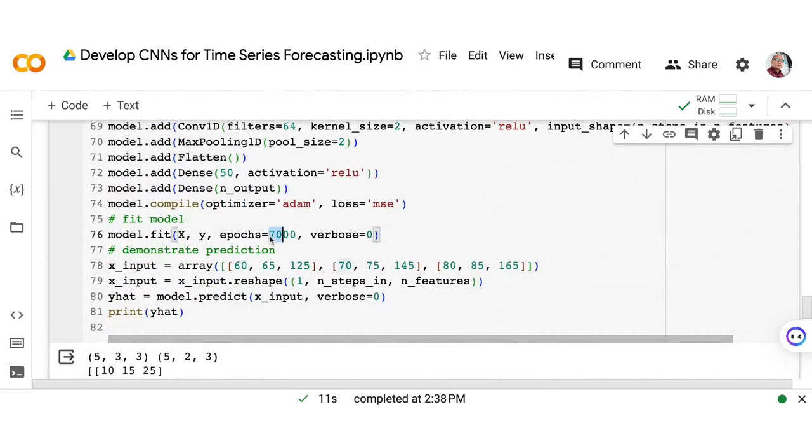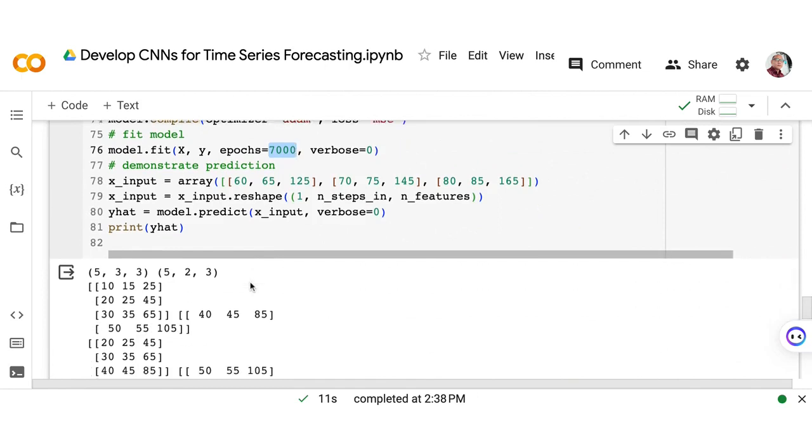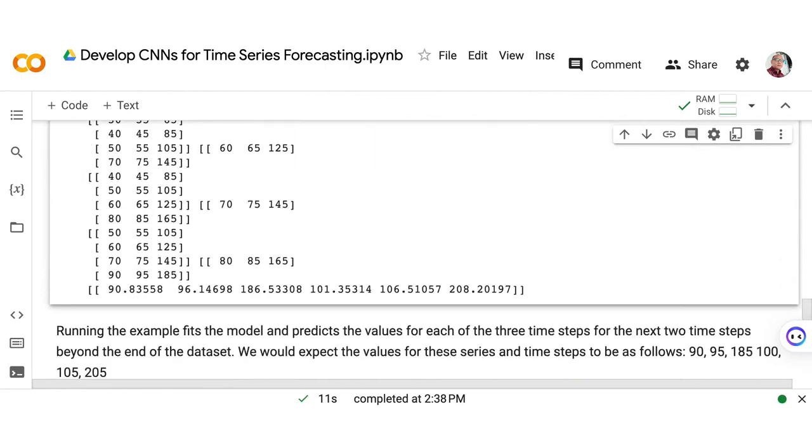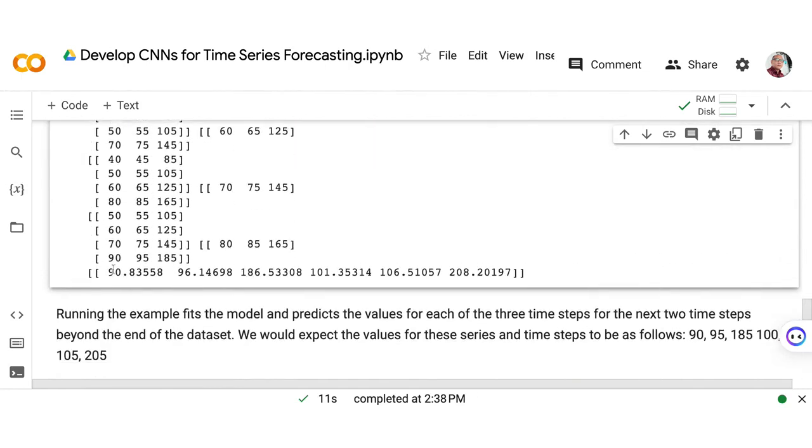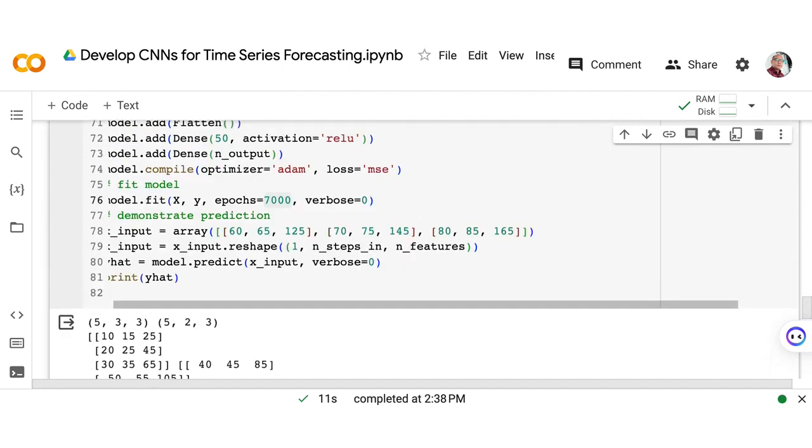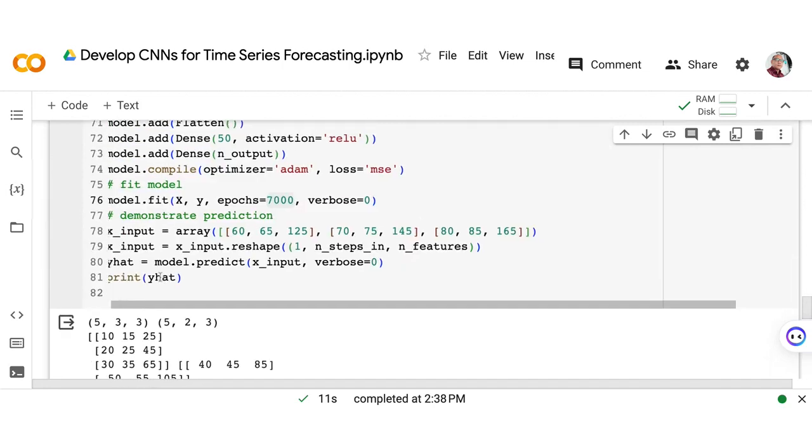But we run it in 7,000 epochs, because it is a bit more compared to the others, no? And how many outputs are we expecting here? We're expecting an output of this, no? Because our output shape should be what, no?